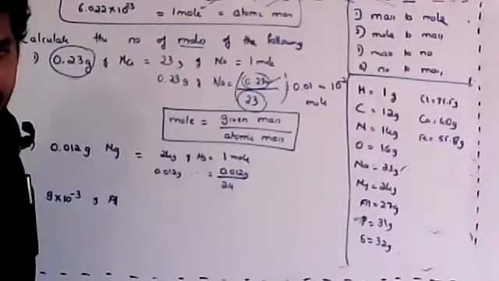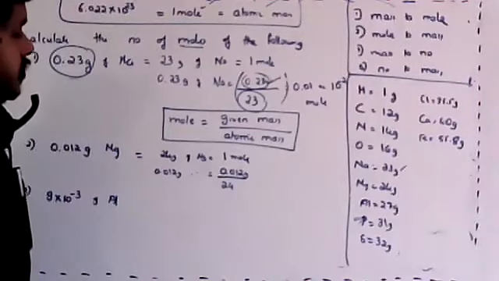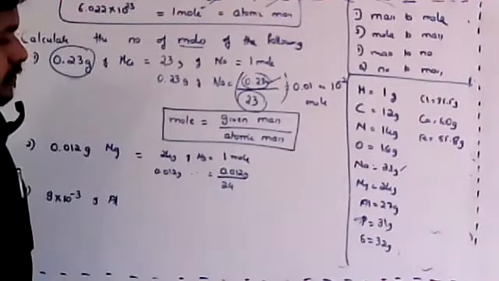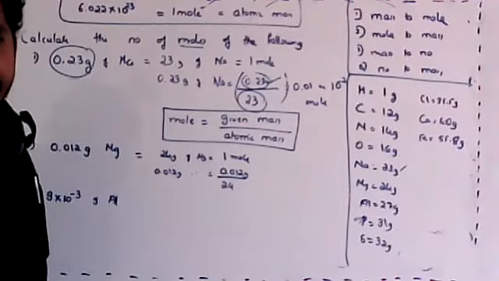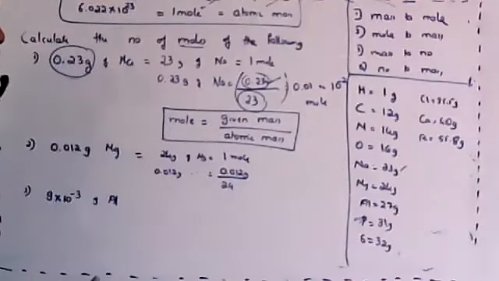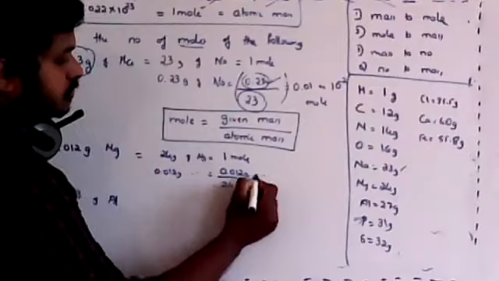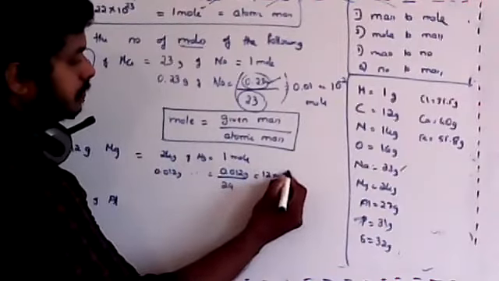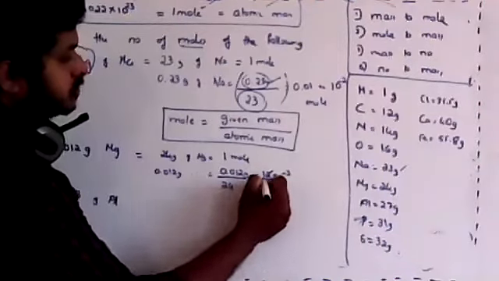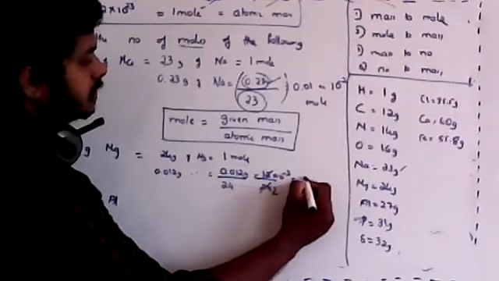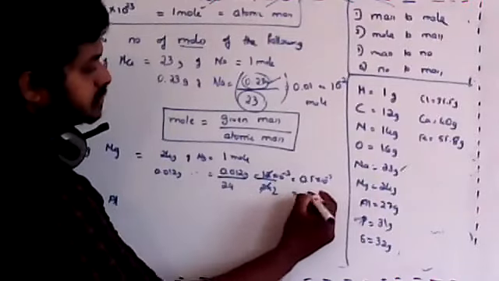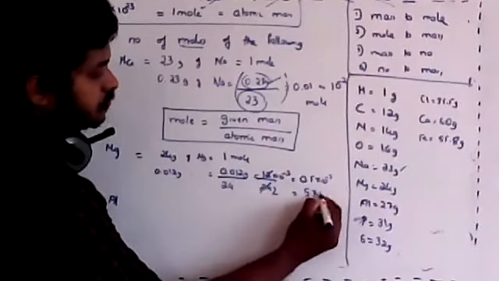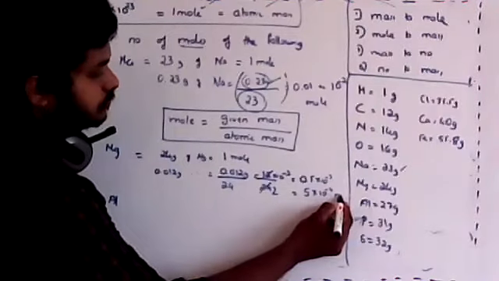Okay, fine, Namita, no problem. Anirudh, I think you need to check once again. See, I'll simplify this as 12 into 10 to the power minus 3 divided by 24. So this will cancel out. You will get 1 by 2, that is nothing but 0.5 into 10 to the power minus 3. Better to express in scientific notation. So 5 into 10 to the power minus 4 mole.